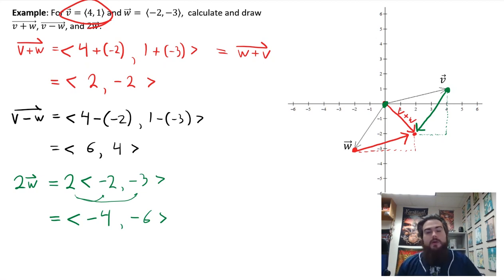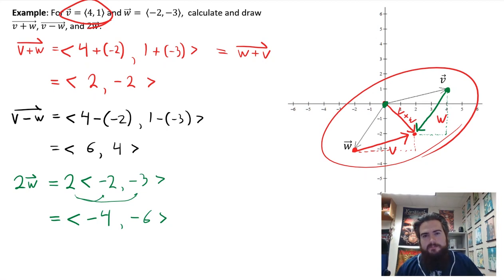This is also something called the parallelogram rule, where if you notice the figure that I created from taking both v and w and then translating copies of w over here and v over here, this figure I created is a parallelogram. The diagonal that goes across the parallelogram here, this is v plus w. But the diagonal that goes the other way across this parallelogram, so from the terminal point of v and w, instead of the diagonal that comes from the initial point of v and w,